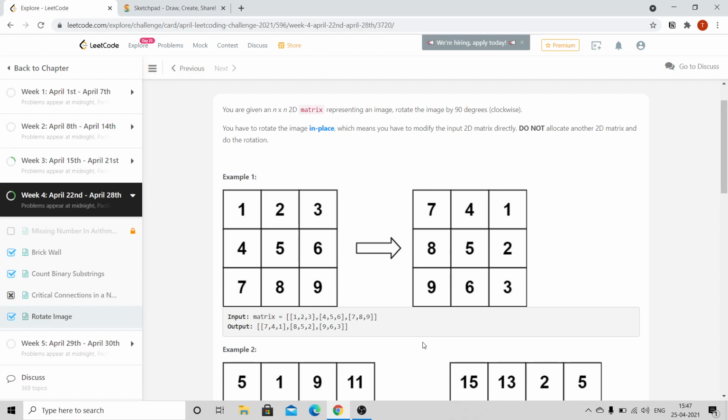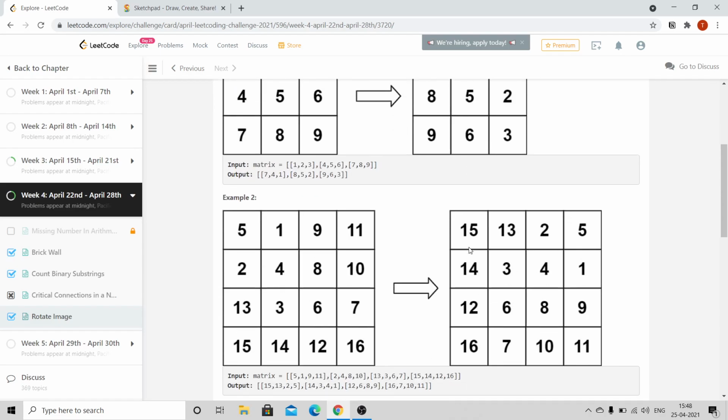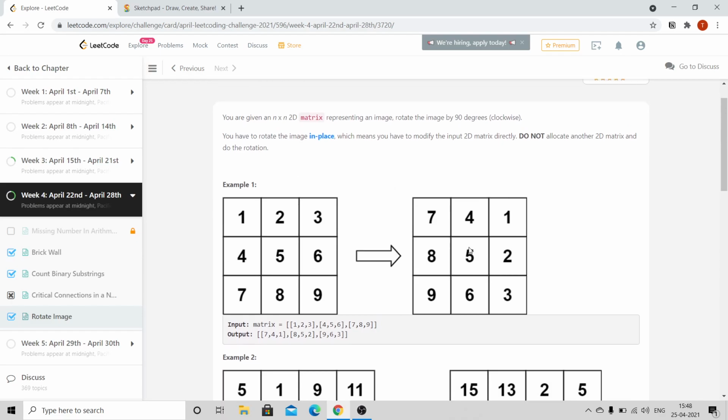You could use a second matrix to store the resultant matrix, but we are explicitly asked to convert the matrix without using a second matrix. So we'll do this in the procedure provided. You'll get the solution accepted even if you used a second matrix, so you can try that if needed. But as they have asked to do that in place, we'll do that. And it is not so tough even doing it in place.